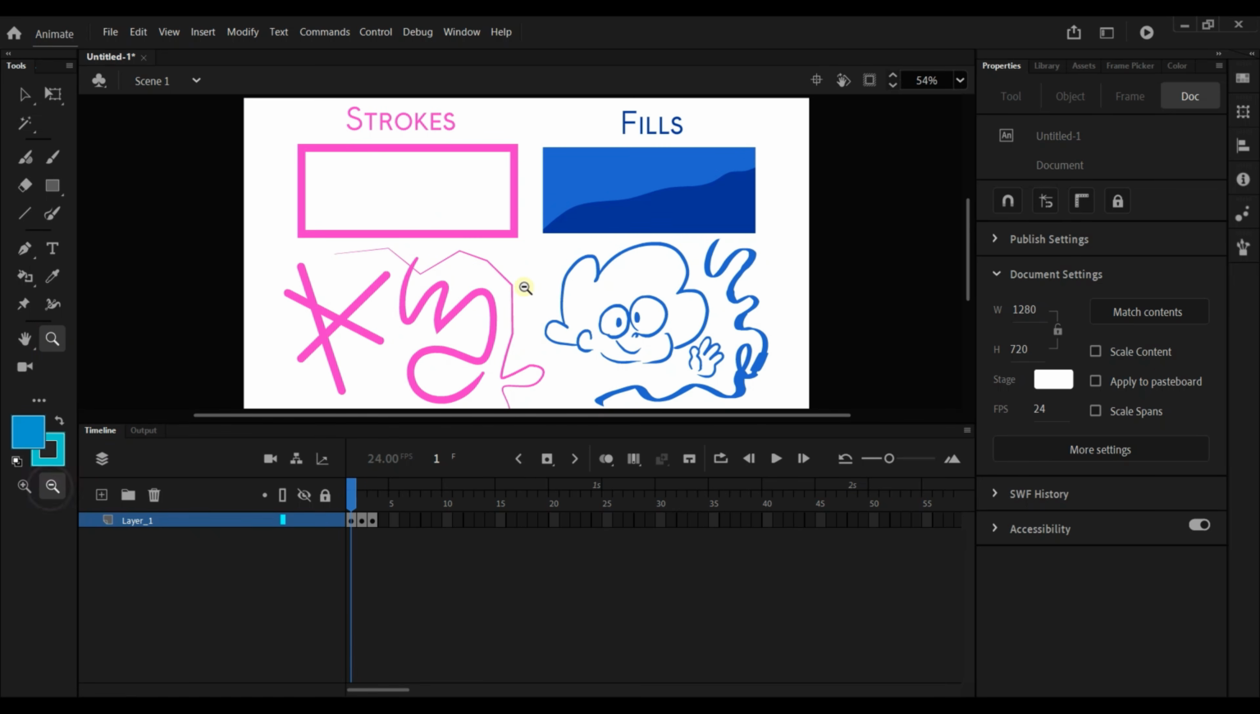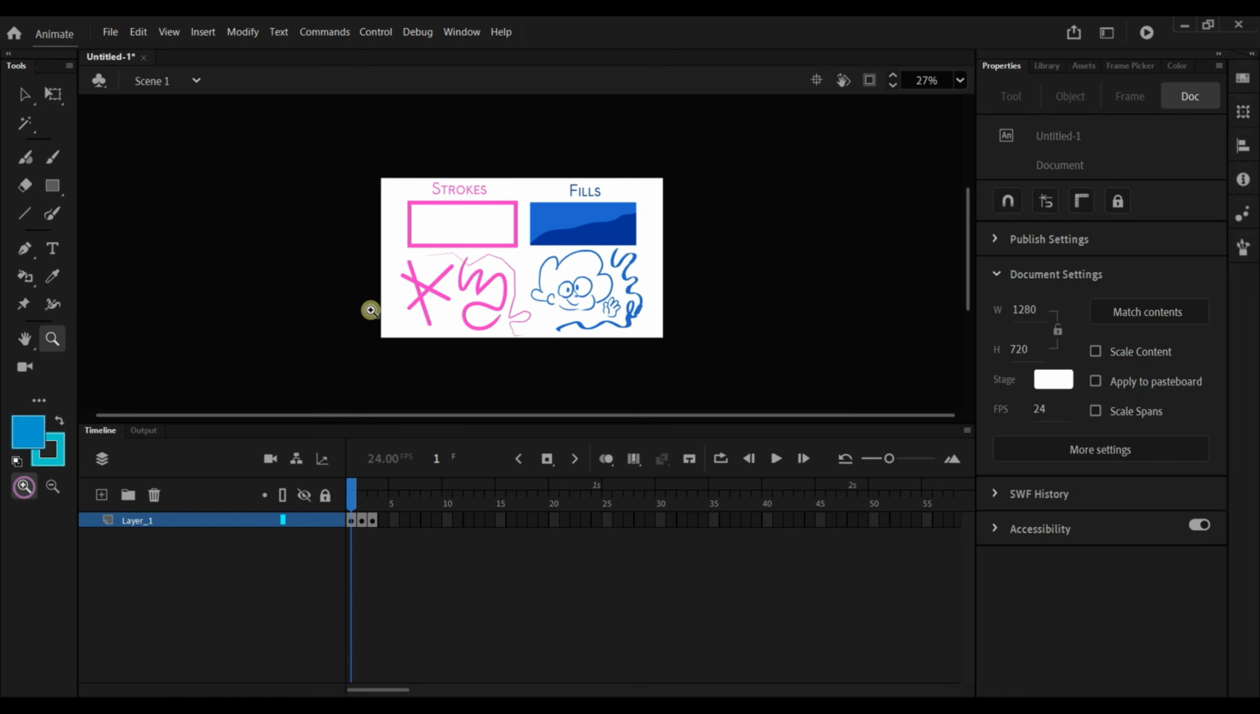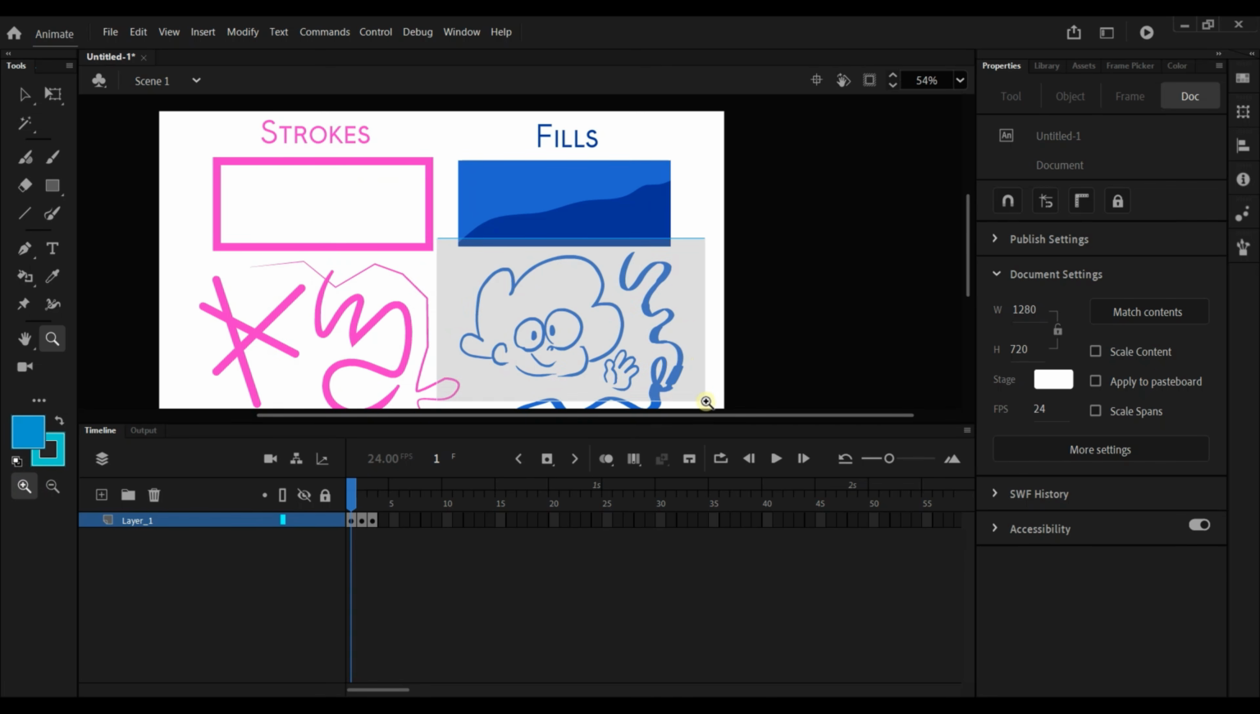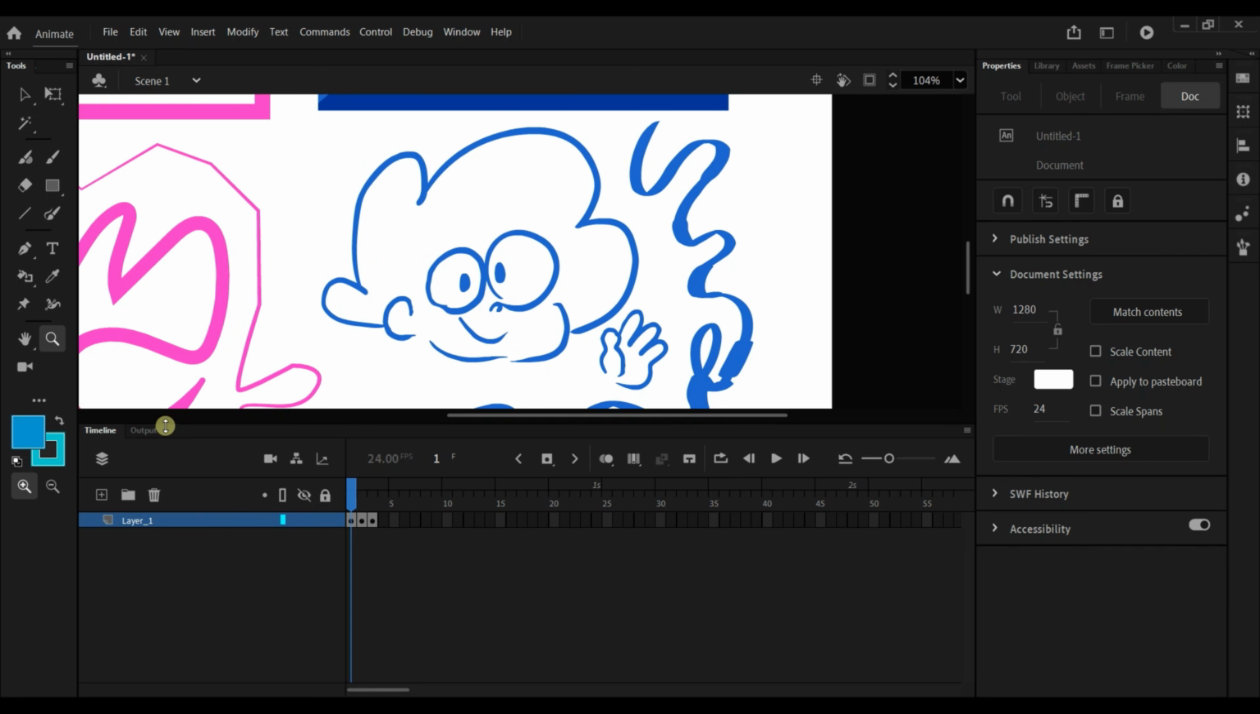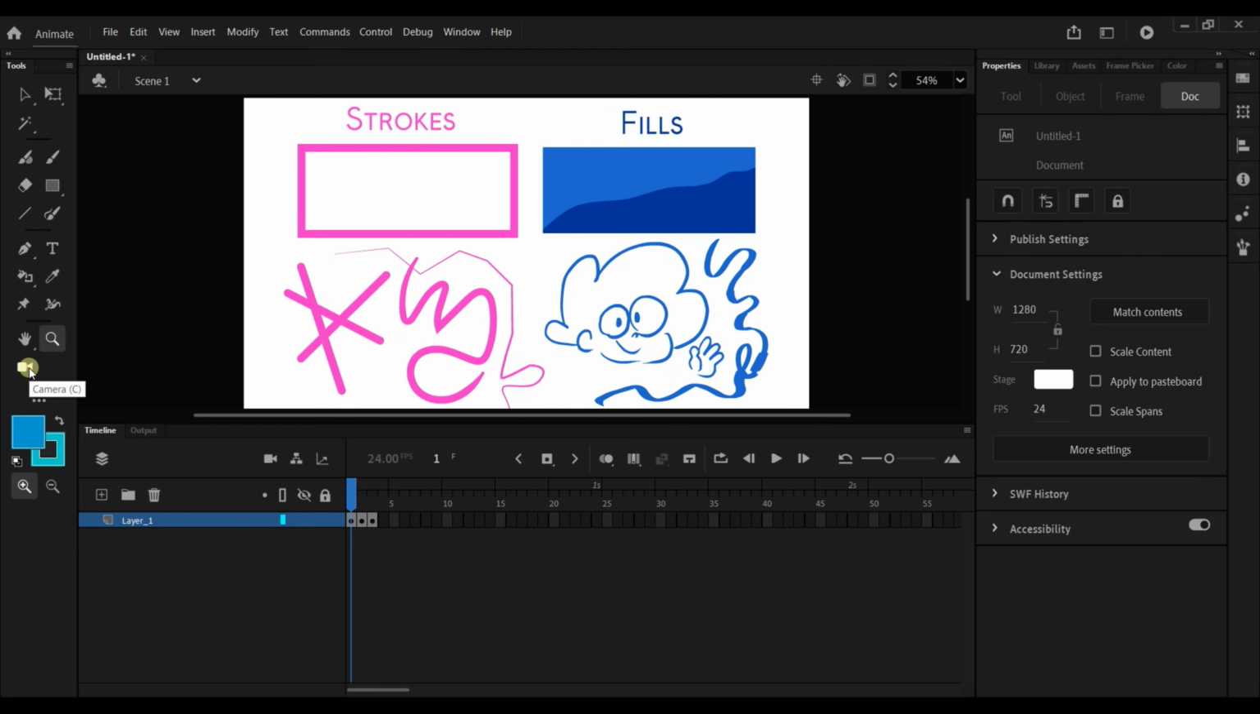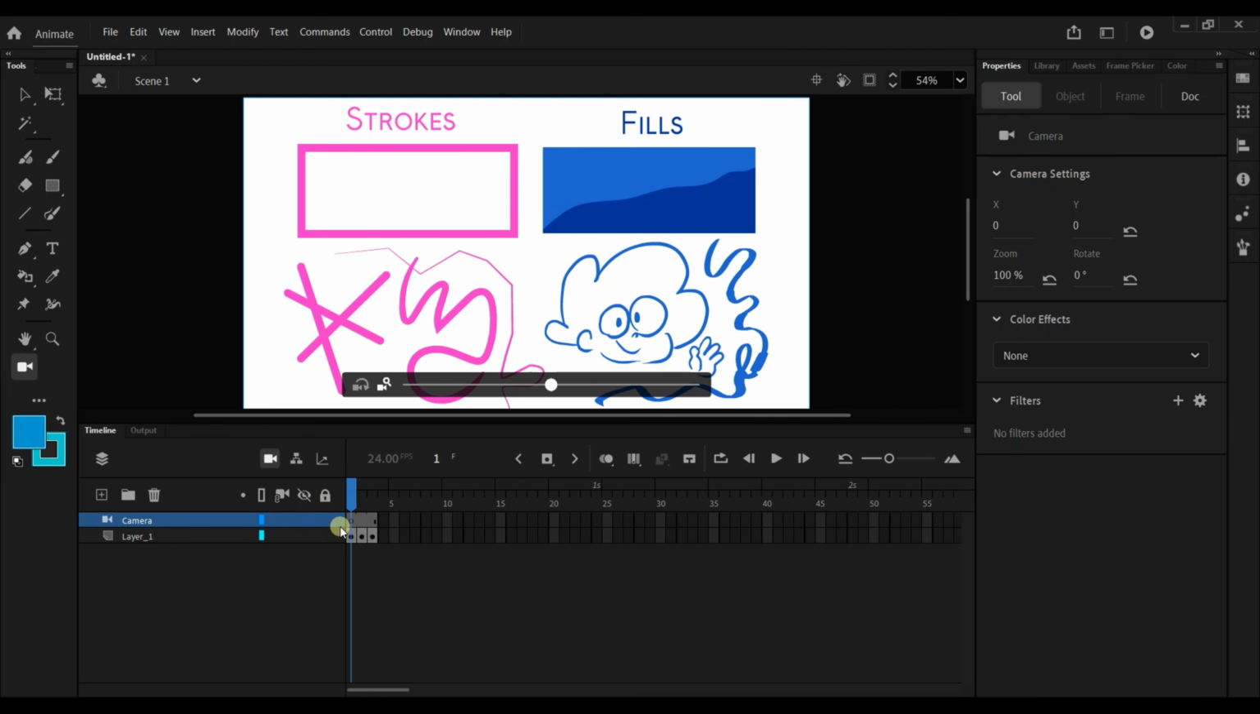There's obviously the zoom tool, which you can use to zoom in, zoom out. You can use it like the selection tool and zoom to specifically what you want. The last one is the camera tool, which when you click on it, it will create a camera layer. And the camera is very useful for animations and scenes, mainly because